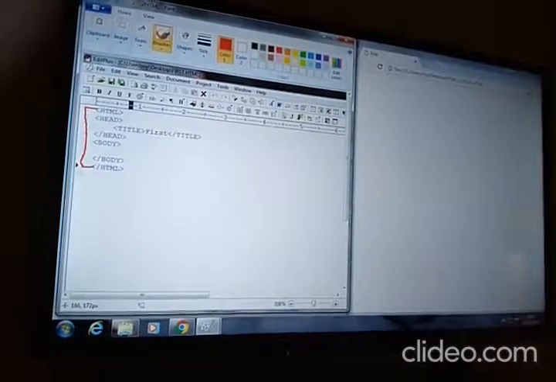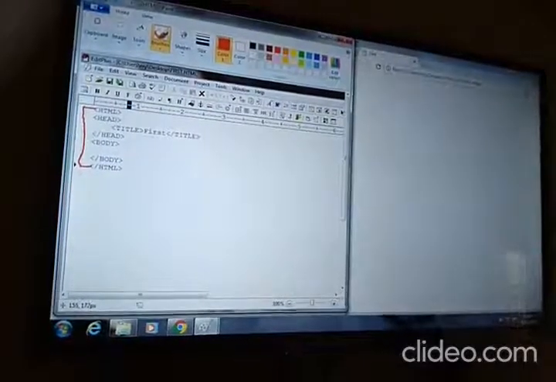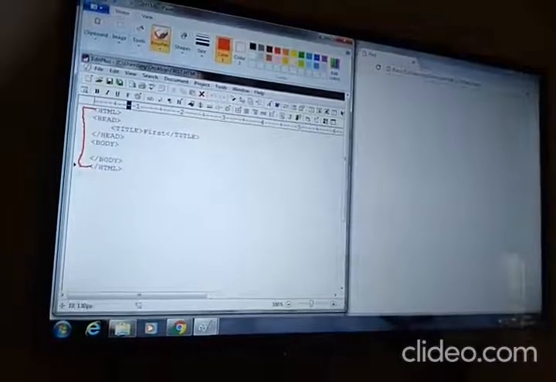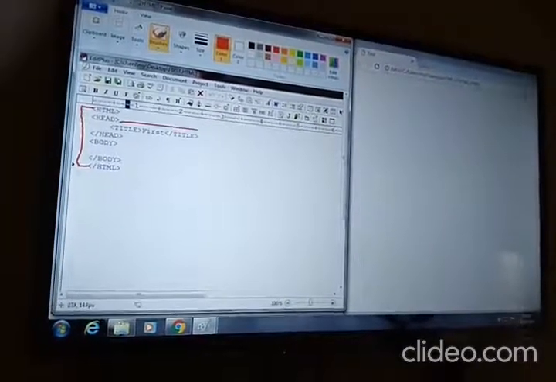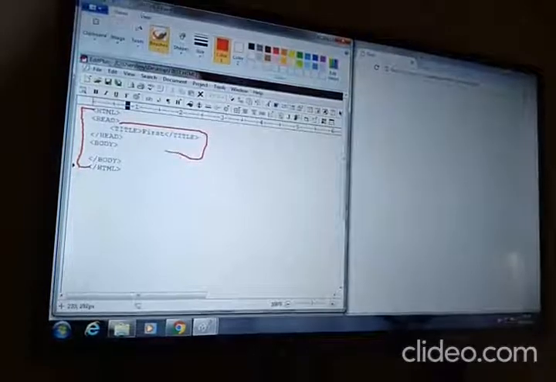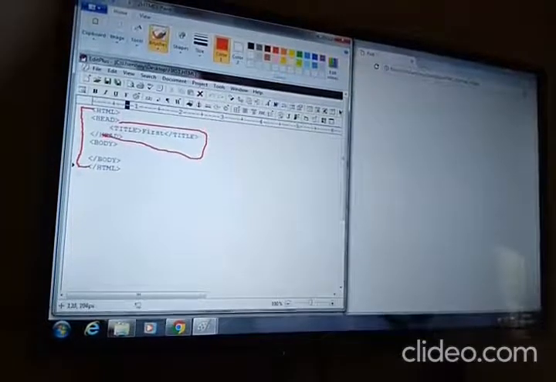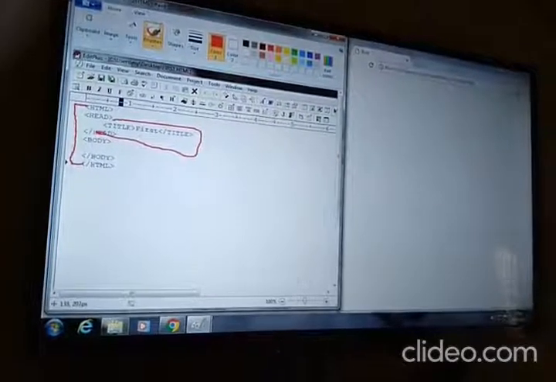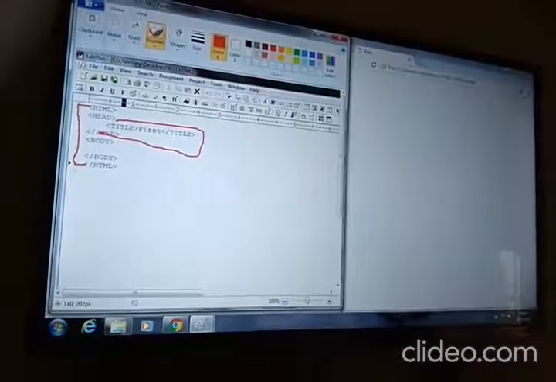Second is the head tag. This one is the head tag. So the head tag defines the HTML document header.